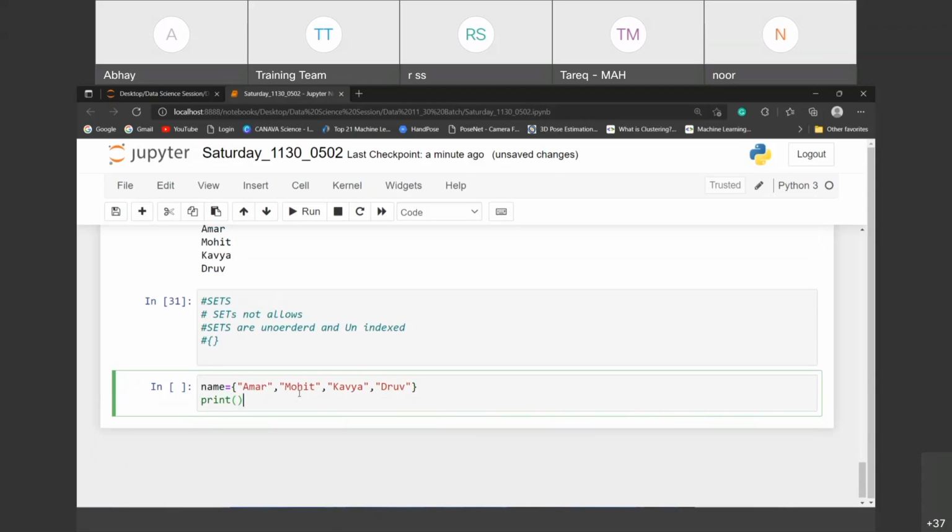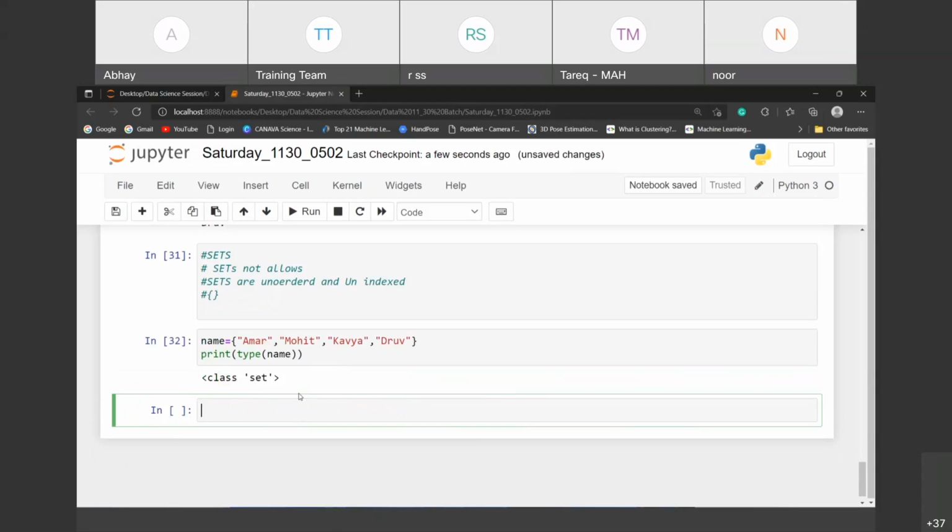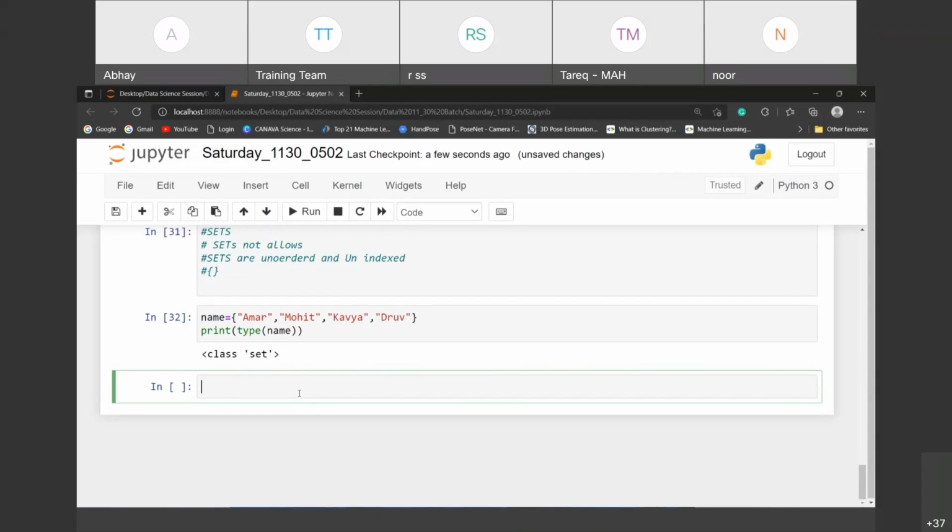Print type name set, right? So if I want to add something into the set, or if I want to access something from the set, I'll do one thing: for x in range.